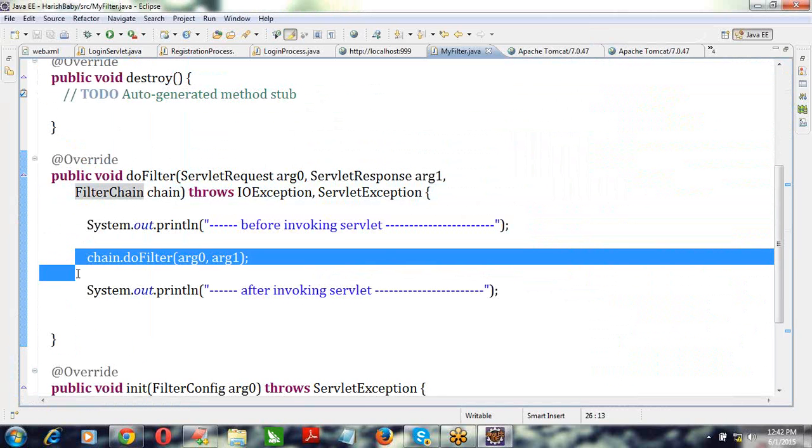For example, in companies, if we take a web application, 2 people work on this web application. One is the designer, and another one is the programmer. The web designer will design the web pages. If you give this servlet code to the designer, he doesn't know all this servlet code, this Java and everything, right? So to avoid all these problems,